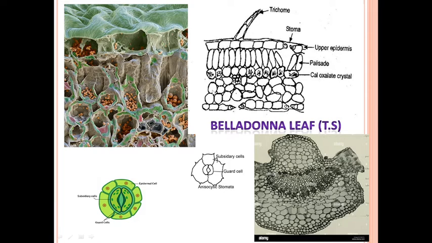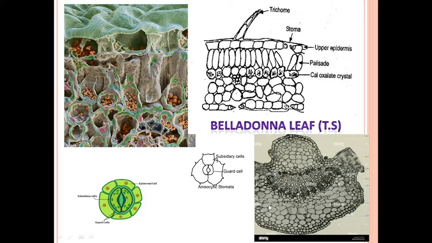So this is about the microscopy. Here these are the epidermal cells, and these are wavy. You can see here these are the wavy wall epidermal cells, which are followed by palisade cells. This one is the cuticle, and these are the palisade cells. After that there will be a midrib region, which contains vascular bundles.